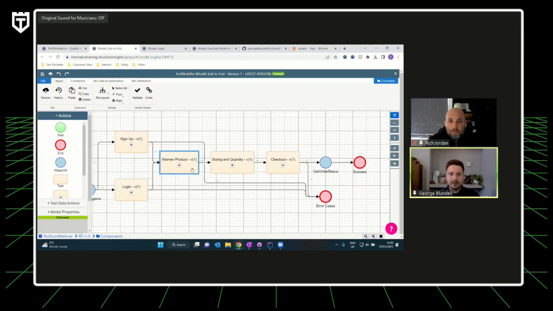As we continue on, we're considering then adding some kind of product, talking about sizes and quantity, and then eventually checking out and then getting a particular status of the order that I will have just added into our system.